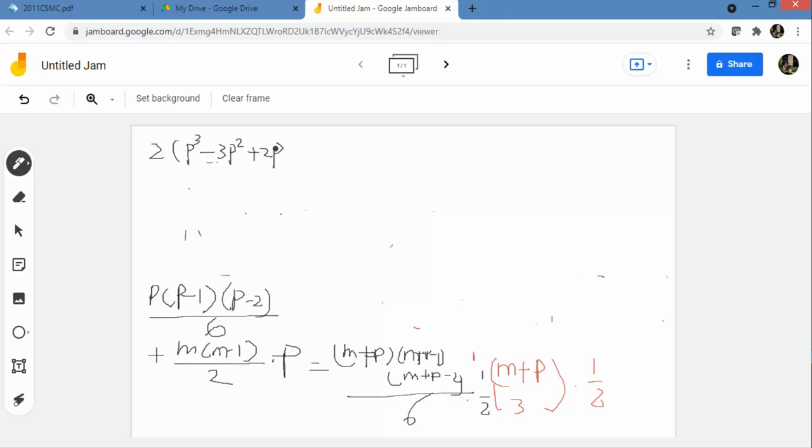This is the things we have, and plus this will be 2 times this is 6, right? It will be 6 m p squared, so m and p, right? Mp. Okay, here we have something mp